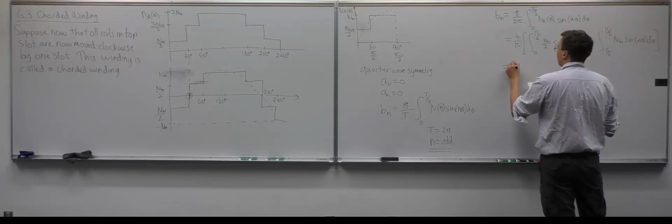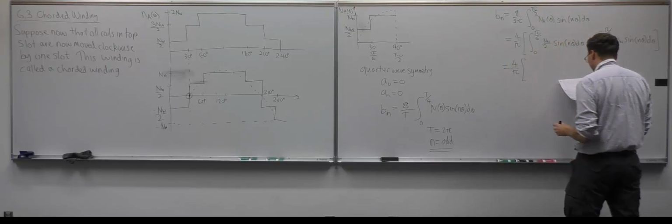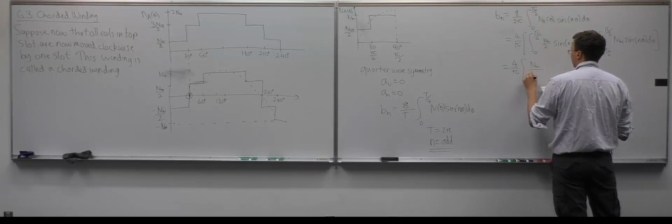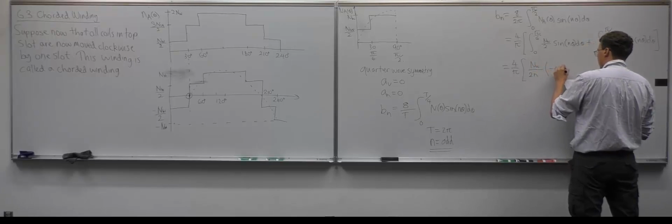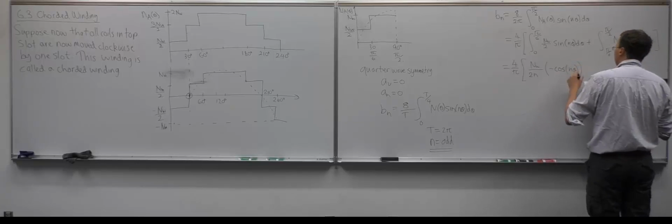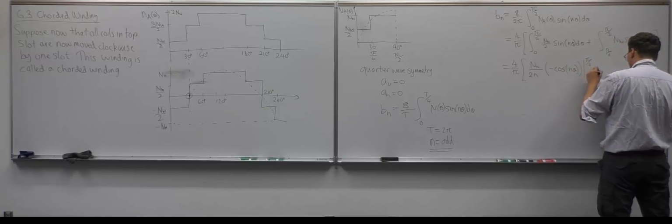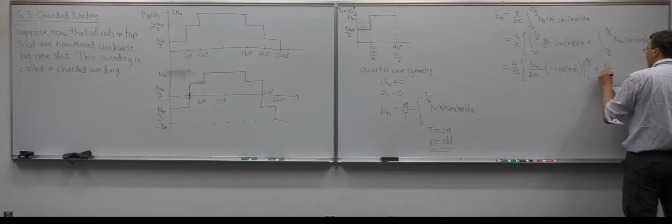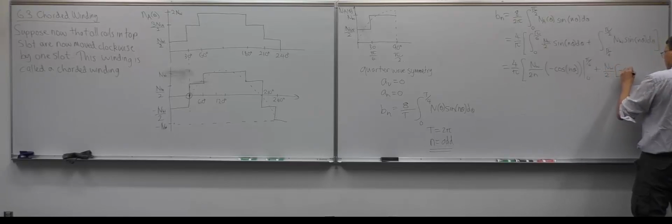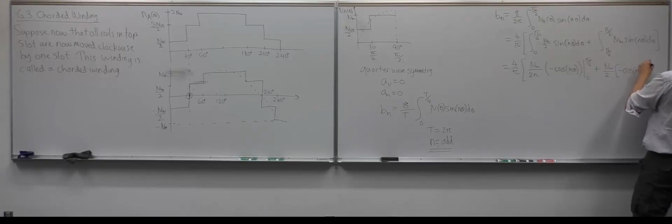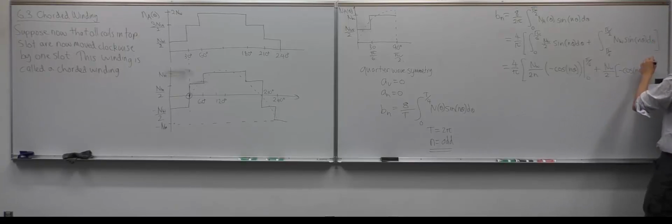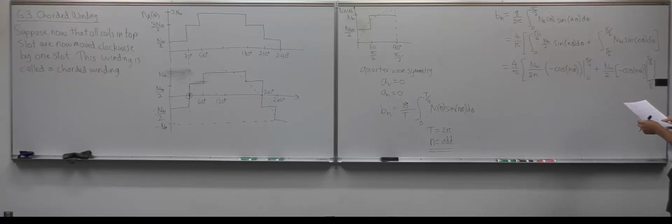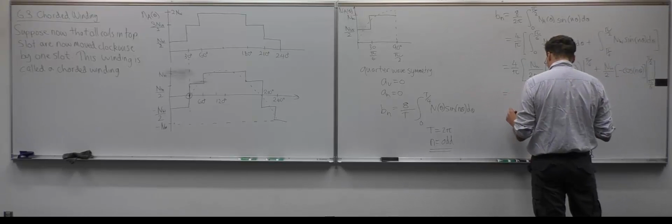Now evaluating, we have 4 over pi, integrating, we have nw over 2n, and then minus cosine n theta evaluated from pi over 6 to 0, plus nw divided by 2, minus cosine n theta evaluated from pi over 2 to pi over 6. And then now substituting in, we have